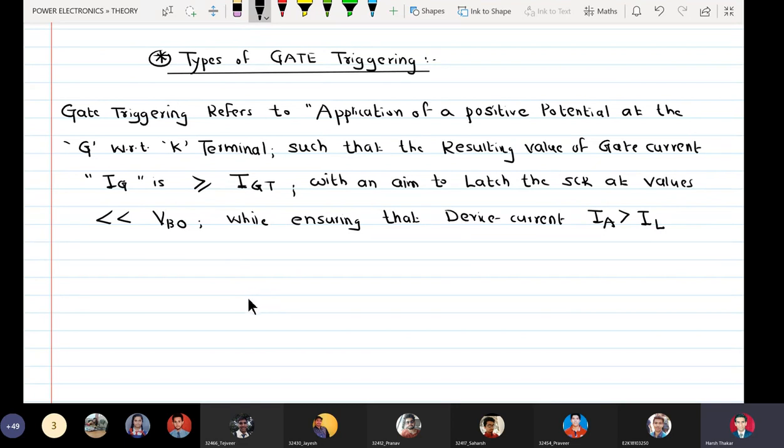Okay, this is a very concise definition of what we mean by gate triggering.